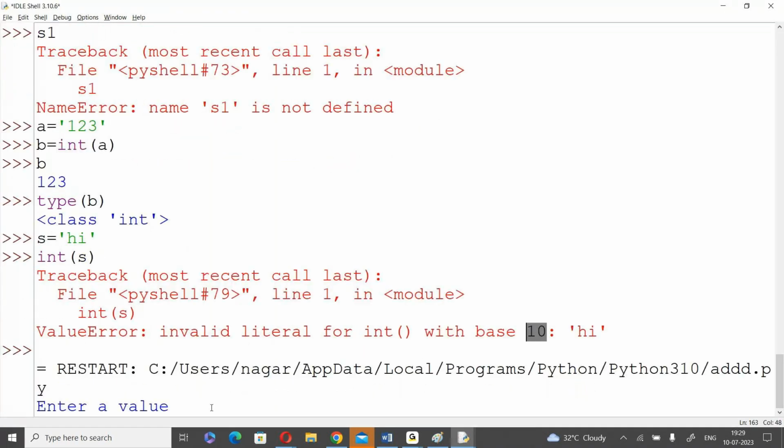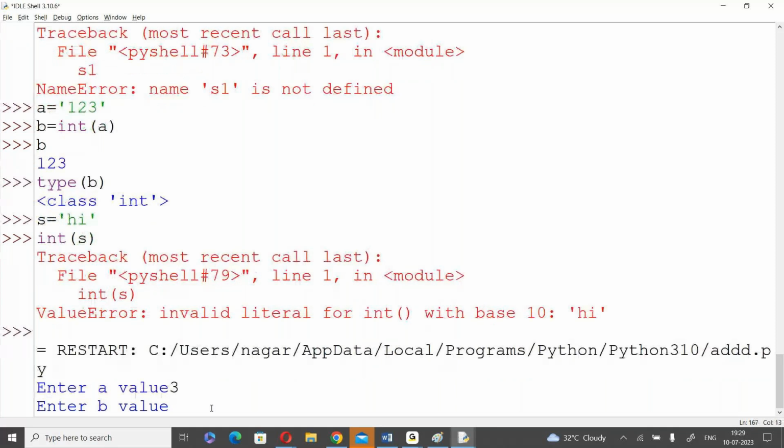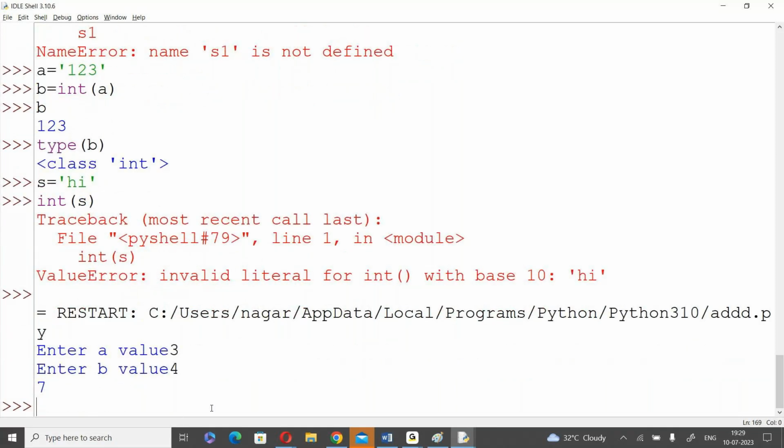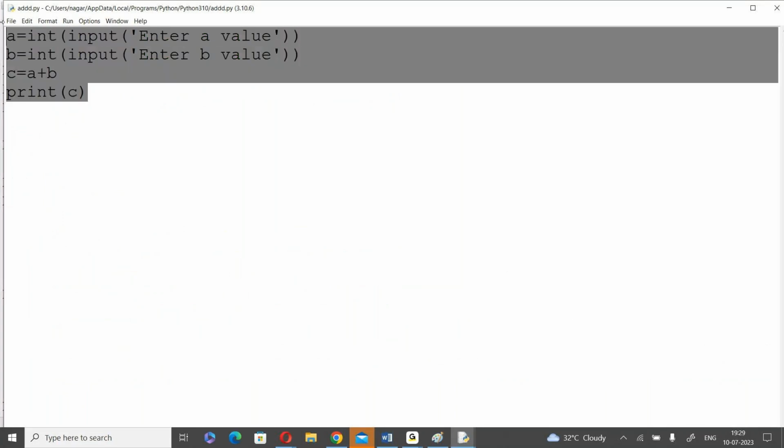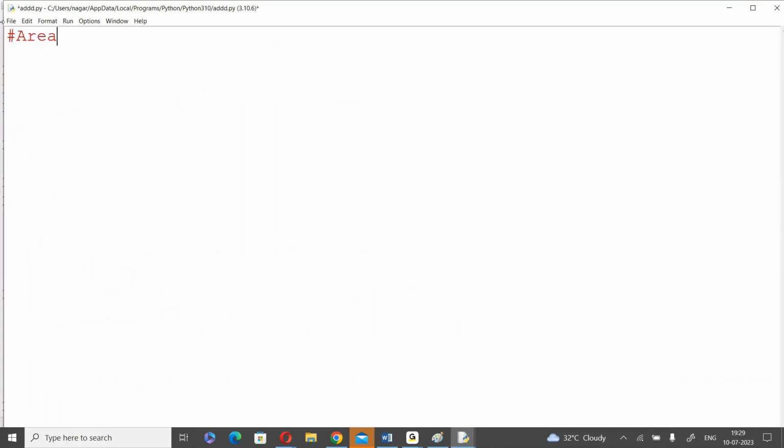Enter a value 3, enter b value 4, you got 7. This is the concept. Now I will write one more program. Comment for understanding purpose: area of a circle. First, read the radius. Area of a circle means the general formula, pi r square. Read the radius. Suppose r is equal to,